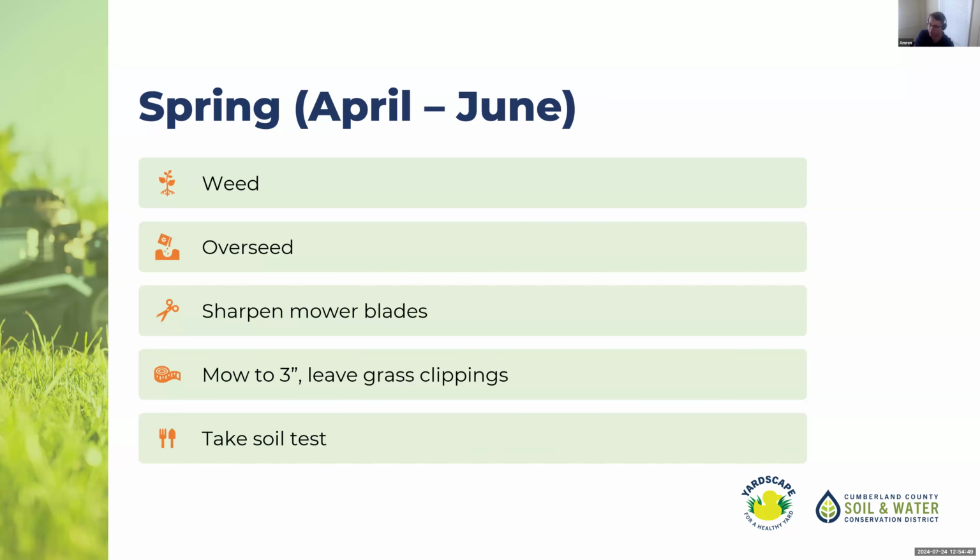Make sure you sharpen your mower blades, prep them for the summer. Start mowing your grass down to 3 inches, maybe, if you want to do the no-mow May. That's really good for encouraging pollinator habitat for the summer. So if that's something that you follow, continue to do that. But then afterwards, start mowing down to 3 inches. And also, if you don't have an updated soil test, then make sure to get your soil test done in this period, so then you're ready to make amendments, late spring or early fall.